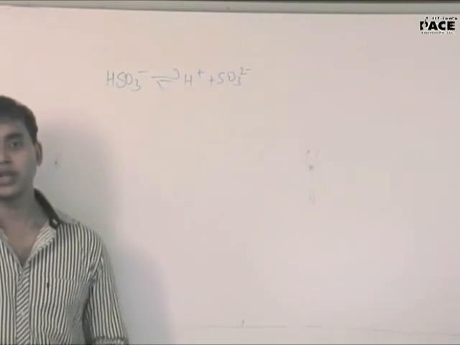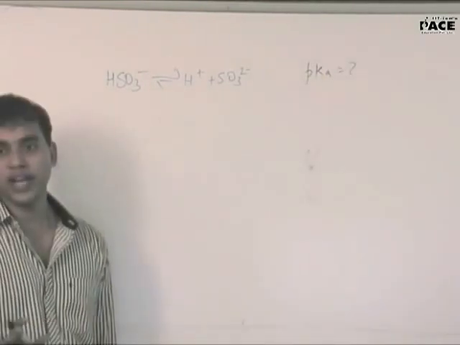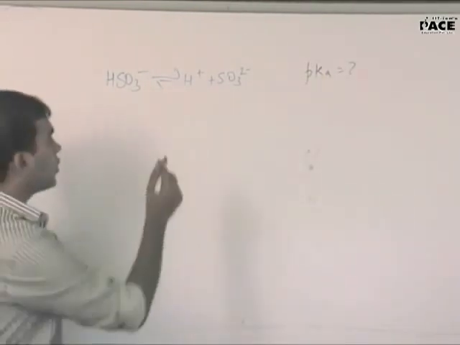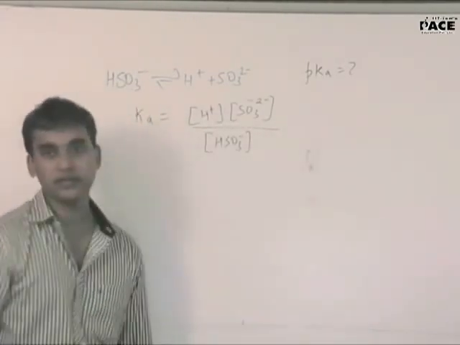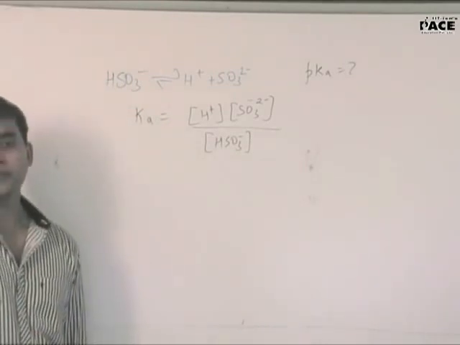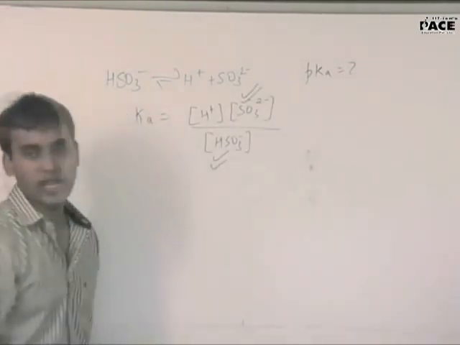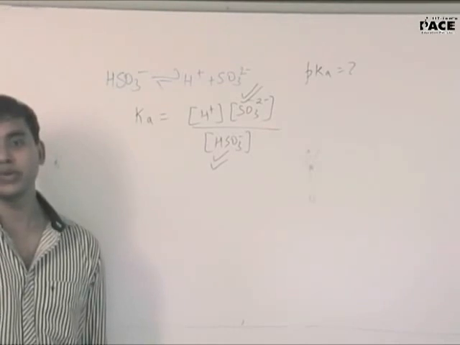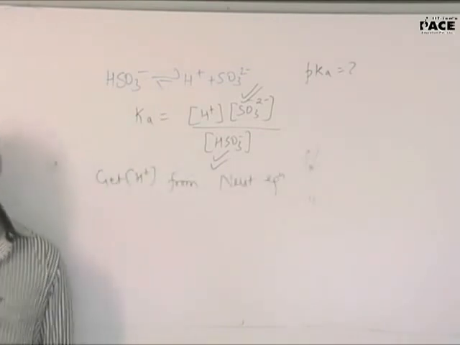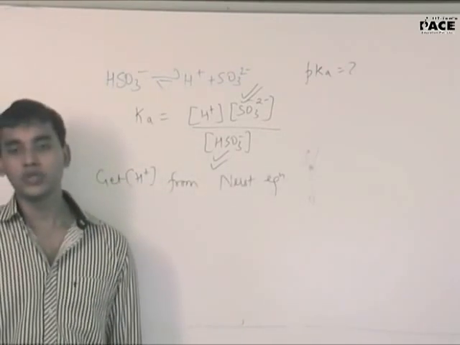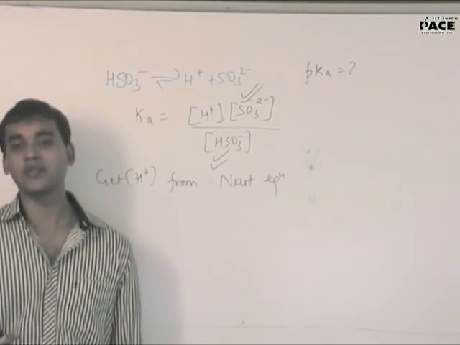This is the question, and the question asked to you is what will be the pKa for this reaction, right? So first calculate what will be Ka. So if you look at the question, this is given to you and this is given to you. Check. Both these concentrations are given to you. Right? And how can you get H plus? Very straightforward question now. So in JEE they make it a habit to twist a very simple question in as difficult a manner as possible.